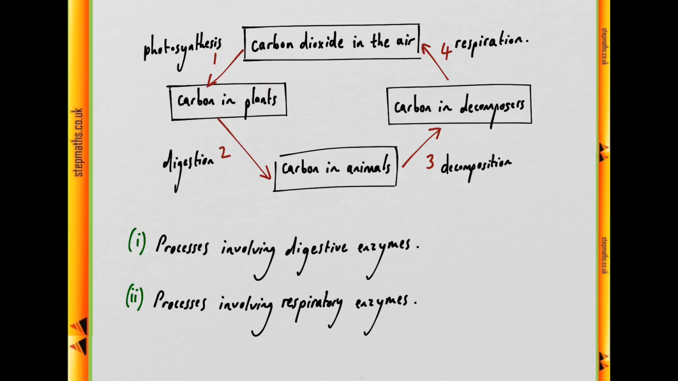Digestion from plants to animals in process 2 involves digestive enzymes. However, the same can also be said in the case of decomposition, in which case digestive enzymes break down the material in decomposing animals, which can then be taken up by the decomposing organism, as in the case of saprotrophic nutrition, as described earlier. So we have 2 and 3 involve digestive enzymes, and respiratory enzymes, well, that will only